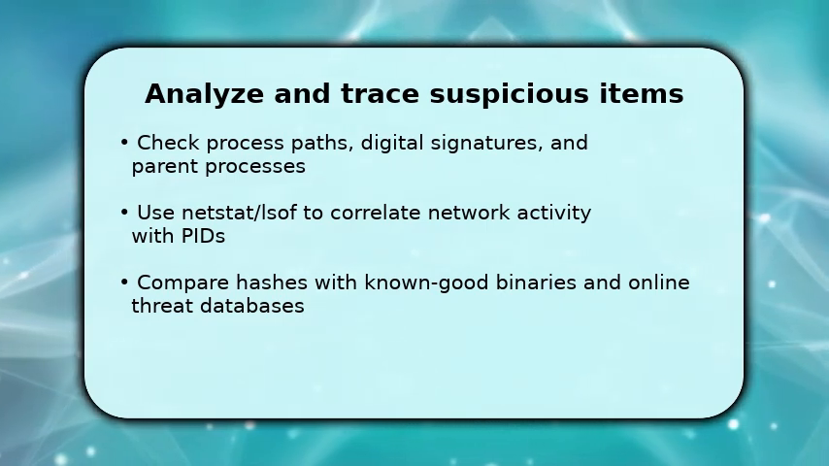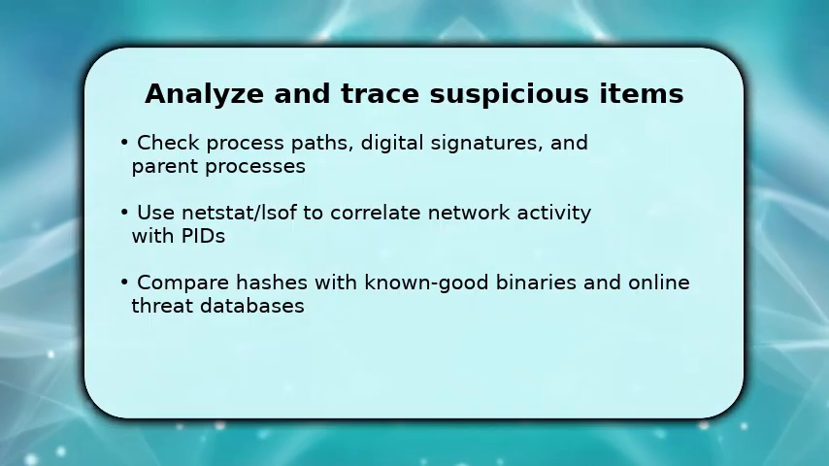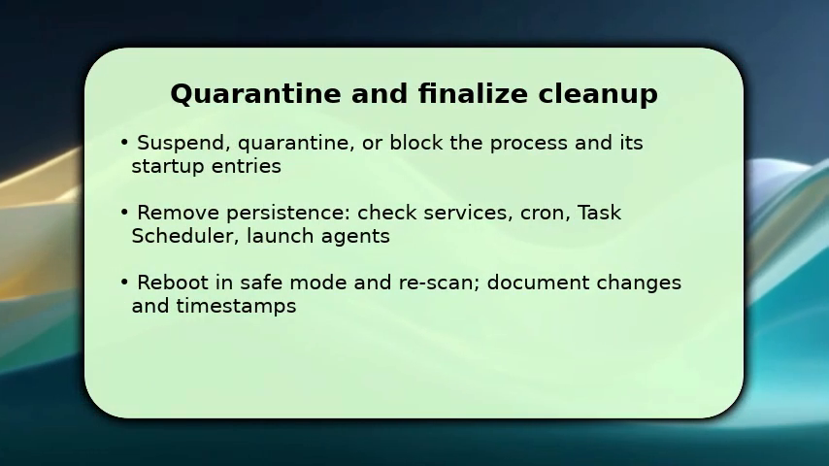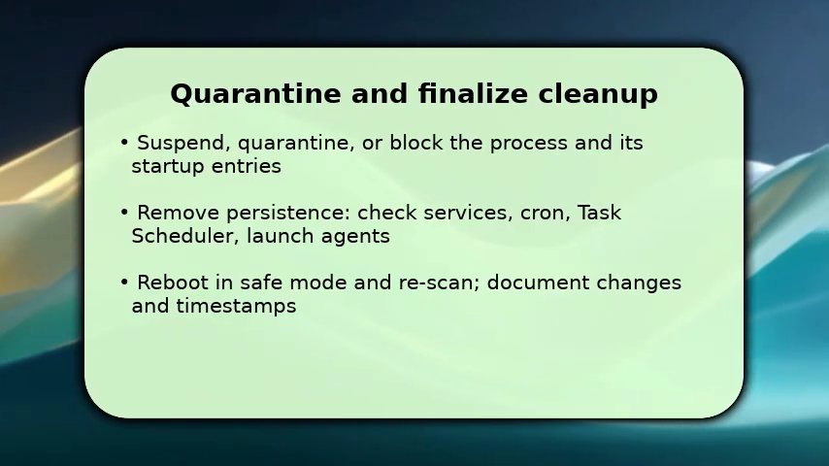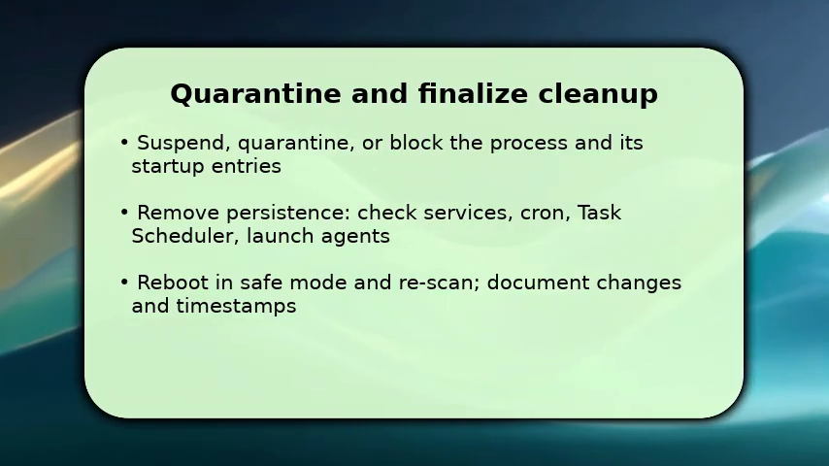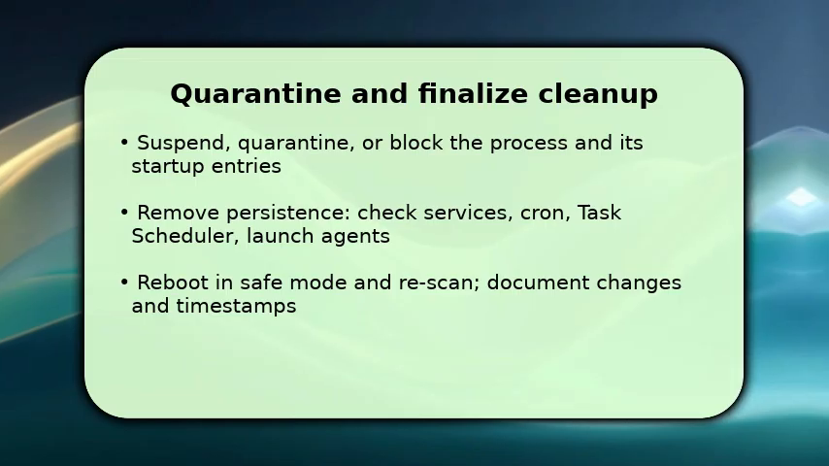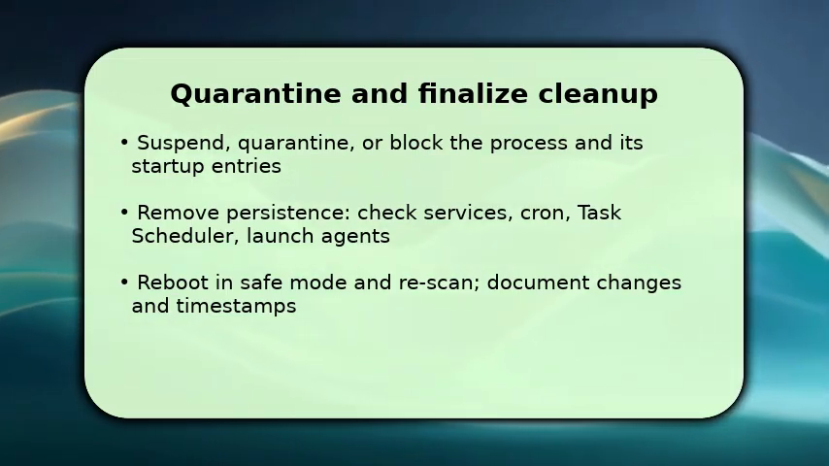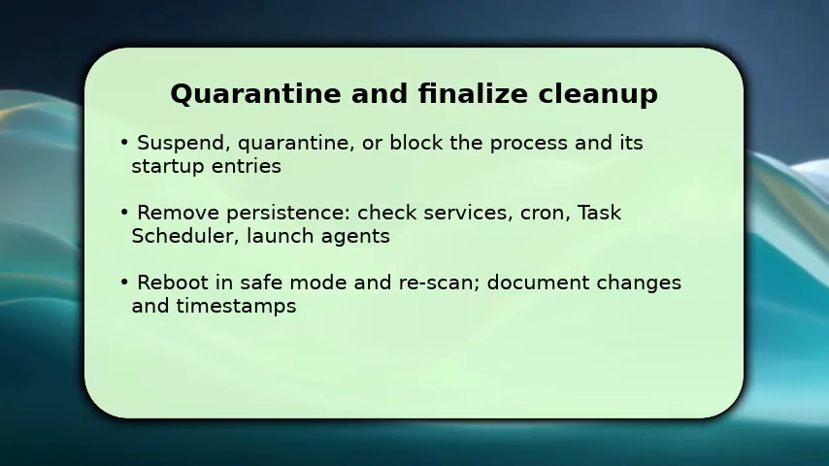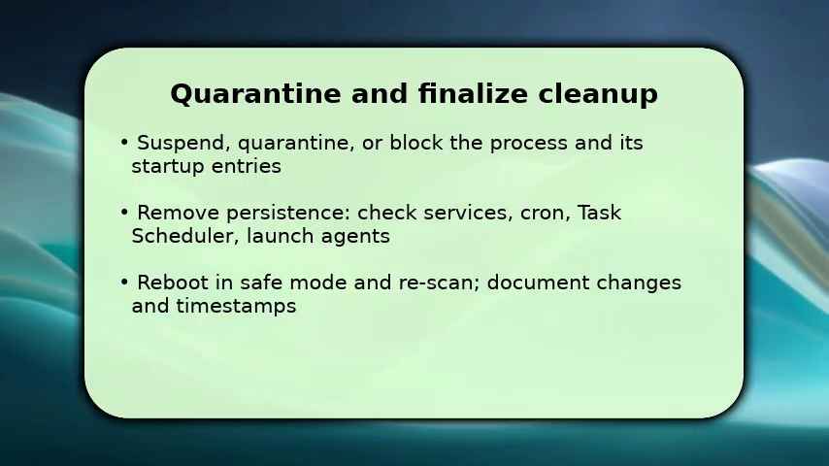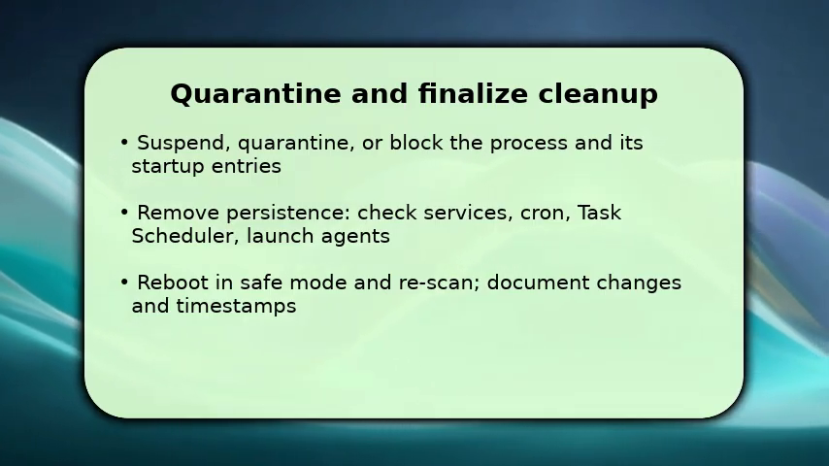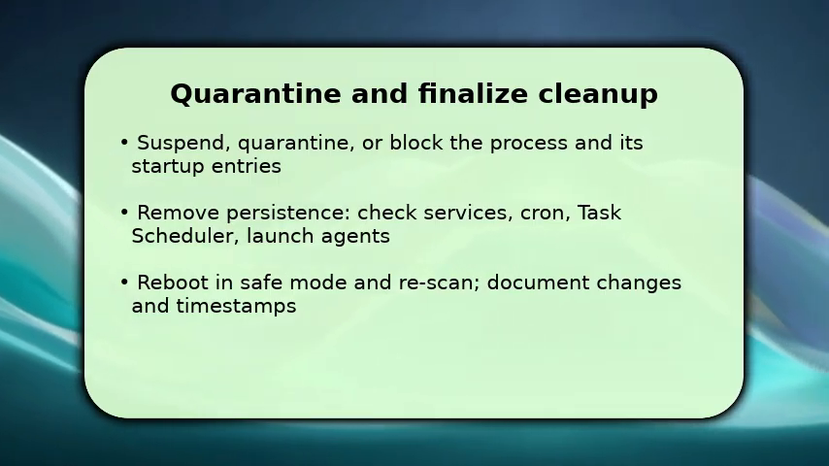Finally, stop and quarantine confirmed malicious or unknown programs. Suspend the process, remove its startup entries, and block its network access. Make sure to clean persistence points like services, cron jobs, task scheduler tasks, and launch agents so it cannot restart. Reboot into safe mode or recovery and run another full scan to confirm removal. If removal fails, restore from backups or isolate the machine. Troubleshooting tip: if a process responds,